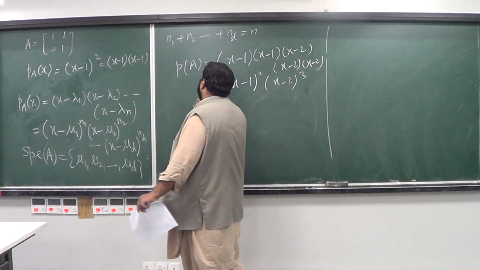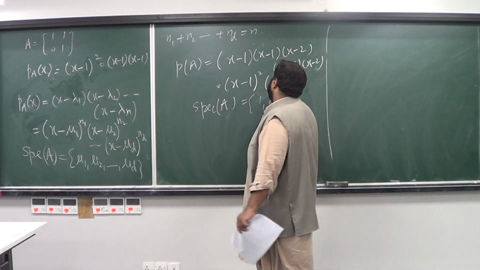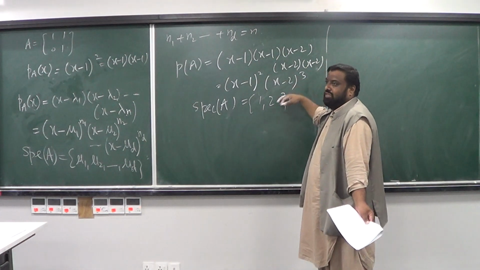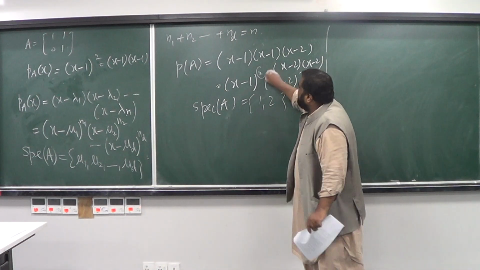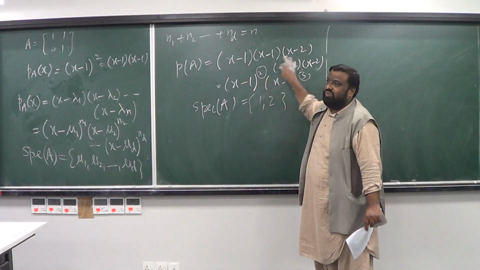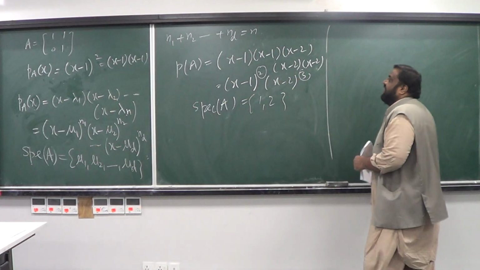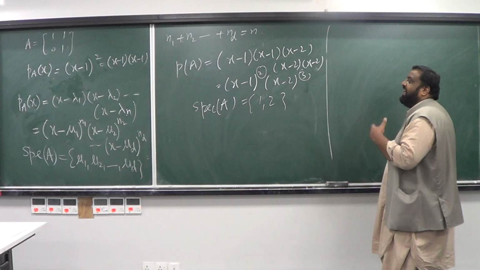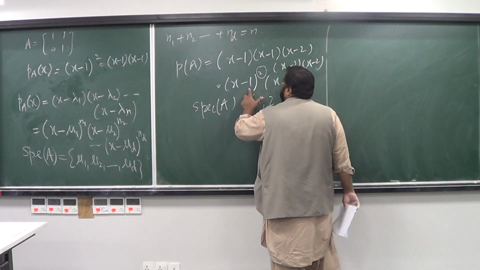What would be the spectrum of a matrix with this polynomial? It's going to be 1 and 2. It's not going to be 1, 1, 2, 2, 2, because you just have to write them once. The sum of these powers has to be equal to the total number of brackets that you have, in other words, the order of the matrix. So some factors in the characteristic polynomial can repeat. If x minus 1 is repeating 2 times,